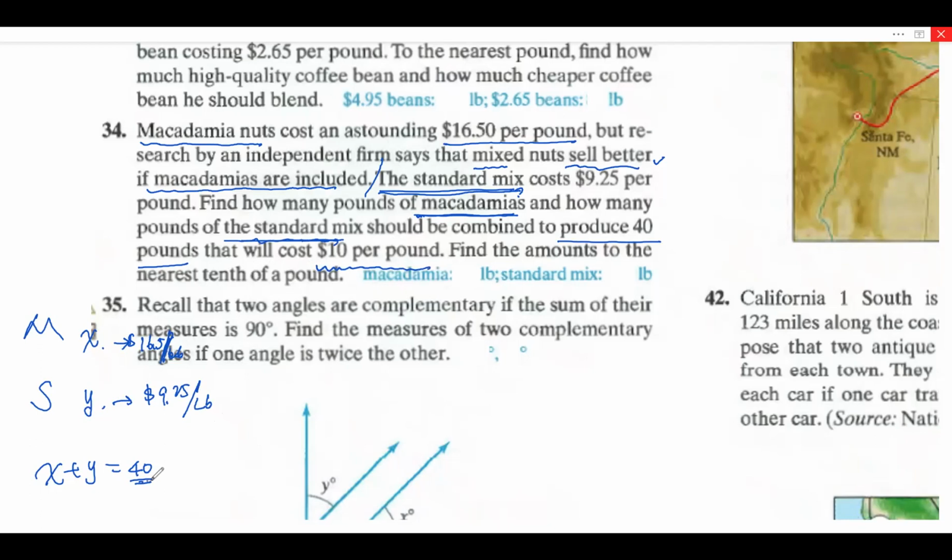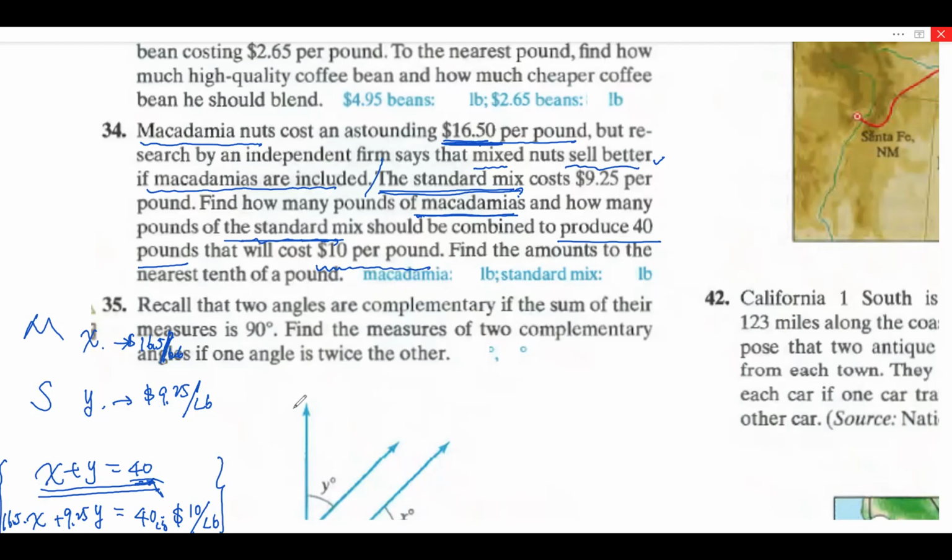So this 40 pounds, the final cost is $10 per pound, right? So what about X? X, we know that one, right? 16.5 X. How much is Y cost? 9.25 cost. All right, so we build this system: X plus Y equal 40, and 16.5